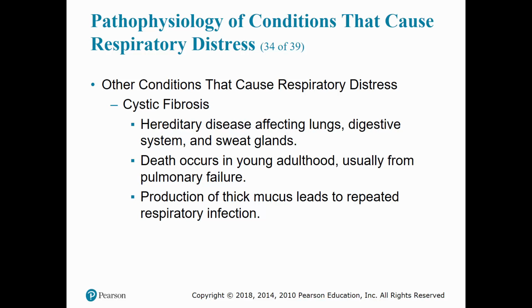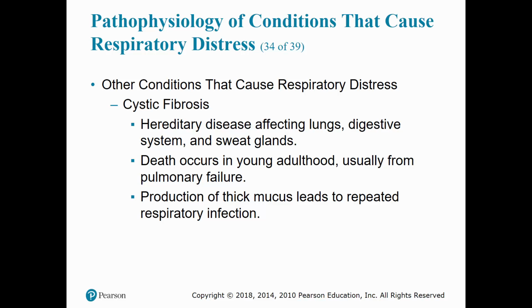Cystic fibrosis, this is a chronic disease, and often patients that are diagnosed with this are very young. It is a hereditary disease that causes a production of a very thick mucus that causes respiratory infections to occur very often. These patients, when they go to cough, will be coughing up very thick mucus. They may have abdominal pain, GI complaints, including diarrhea, and even foul-smelling bowel movements because of the